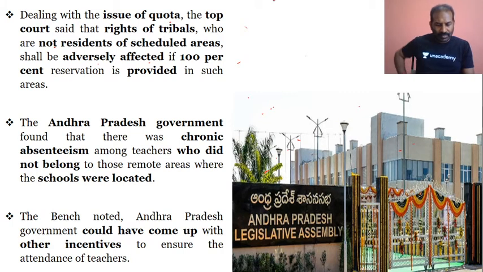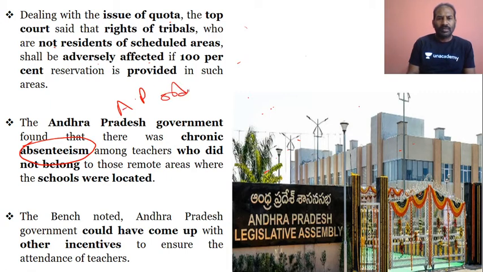And Prince has written: fifth schedule, administration of scheduled areas, says provision of administration and control of scheduled areas and scheduled tribes. Absolutely, absolutely. And now we'll get into the Andhra Pradesh finding that there was chronic absenteeism. So why has the AP government gone ahead with the order?